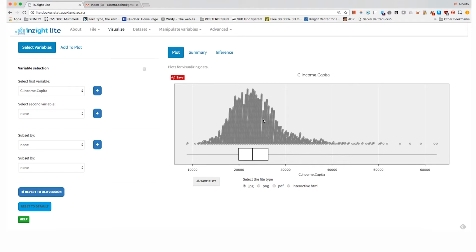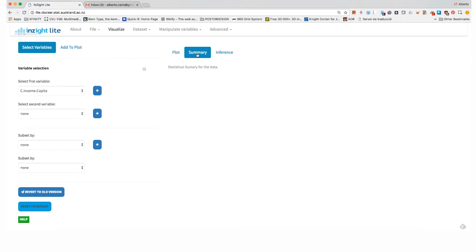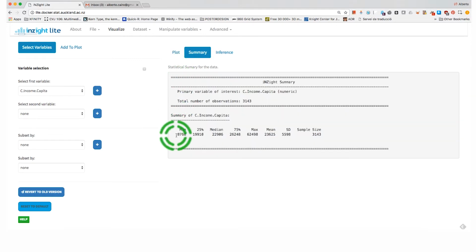All right, let's focus not on the graphic for now. Let's focus on the numerical summaries of data. You can get a summary of this particular variable that you have selected on the summary section over here. So I can click on that summary, and this gives you a statistical summary of the data, right? Remember that we are seeing average income per capita per county.